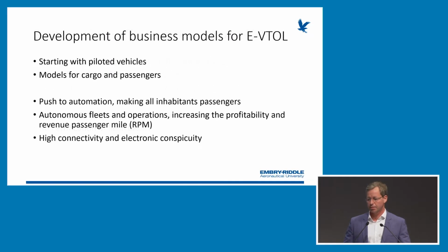Why autonomous operations? Because if we look at the business model for an eVTOL, it is very clear that the influx of capital was possible because investors are not counting on pilots. The revenue and the profit generated by an eVTOL will only have a very profitable curve if there are only passengers. Of course, everybody is aware that we need to start with piloted vehicles, so there will be pilot training, and a lot of education companies, CAE for example, and also my university, Embry-Riddle, are working on pilot training for eVTOLs. That is also very important, but it will be only a transitional phase, because at the end there must be an autonomous platform,